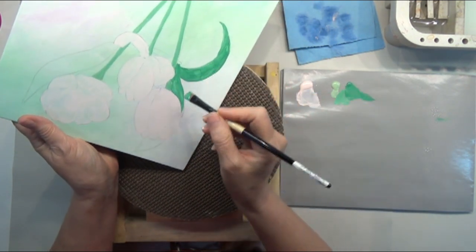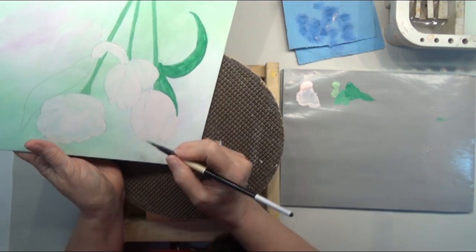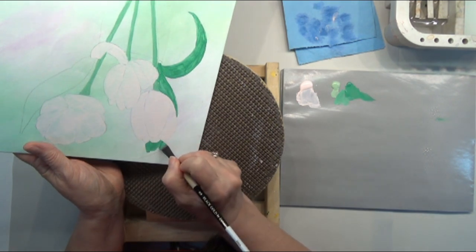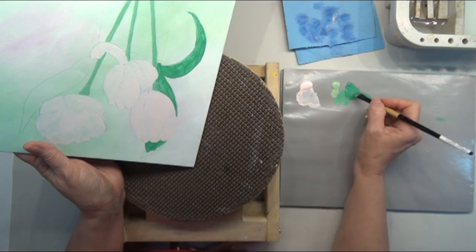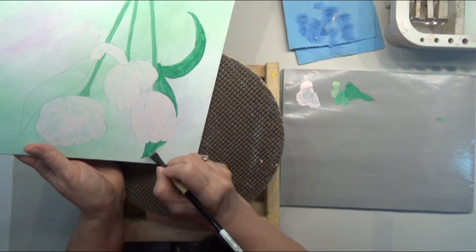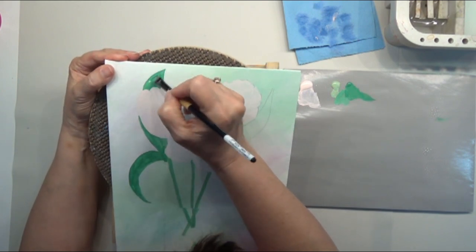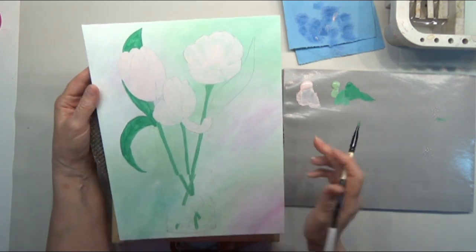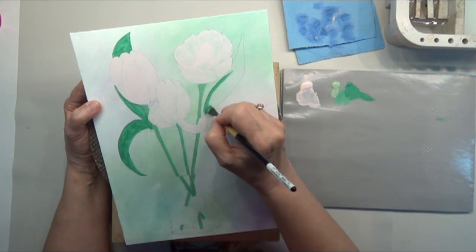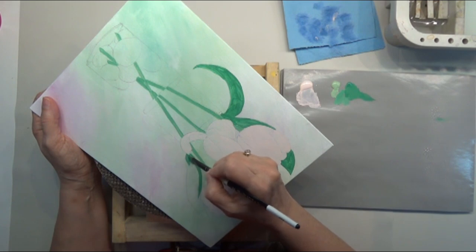I almost can't tell where my stem and my leaf separates there, so I have to be sure when I put my second layer on my stems that I try to get them just a little bit lighter. So I probably will do 2 mint julep and 1 of the eucalyptus leaf. I'm going to get all my base coats on, then I'm going to go in and erase any graphite lines that are left showing, except for my glass graphite lines,